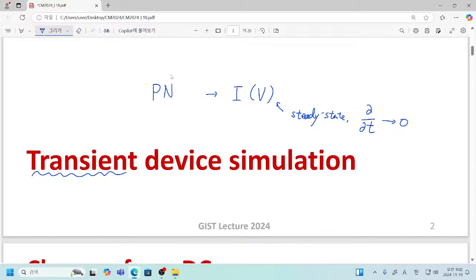As I told you before, if we are working with, for example, a logic device, then actually we don't need this; well, we need it, but transient simulation is not our first priority. However, for memory devices, it is really important to have the simulation capability to track the transient